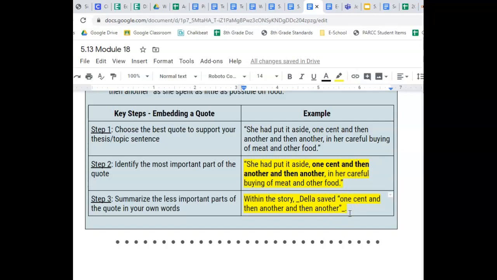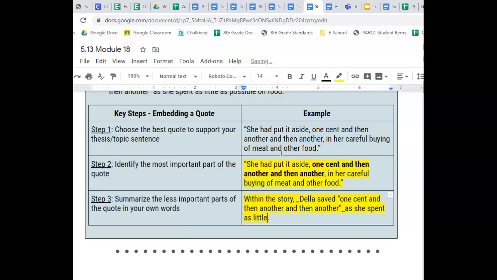right? And I know that based on this quote, if I'm going to summarize this, when she bought food, she was careful to not spend much money. So, as she carefully, or as she spent as little, and please go ahead and type this in, as possible while buying food. Right? So now I have all the main ideas that were in this original quote,